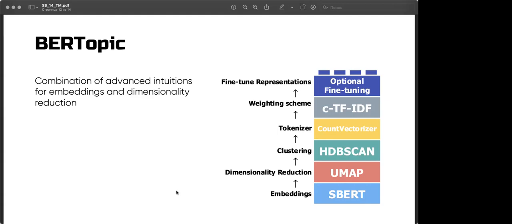For example, if you do not want to work with UMAP as a dimensionality reduction algorithm, you can replace it with PCA, for example, or t-SNE if you want to. So any other dimensionality reduction solution would work